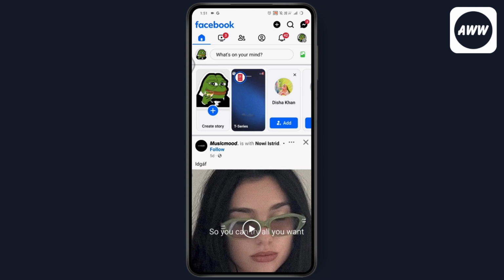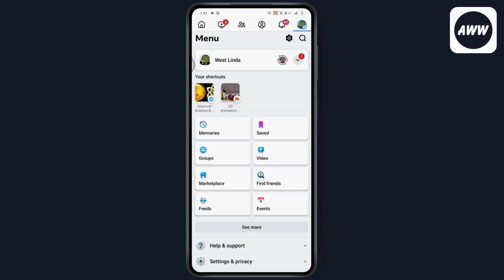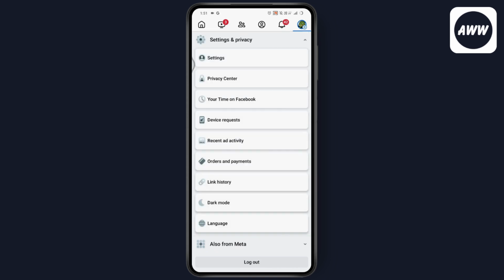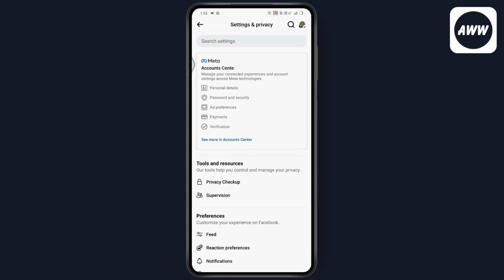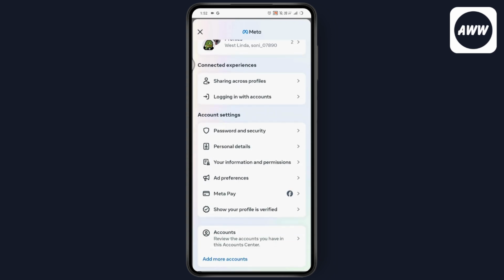Once you're here on Facebook, you need to go to the upper right, which has the three bar icon. Scroll down, go to Settings and Privacy, and tap on Settings. Under Settings, you need to go to the Accounts Center, which is the first option, and then scroll down and